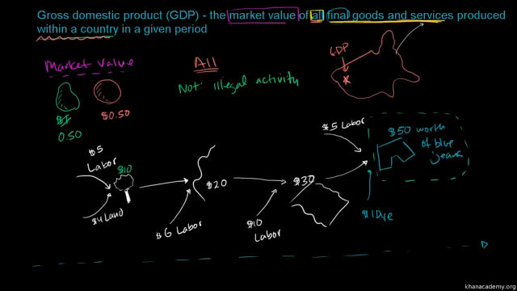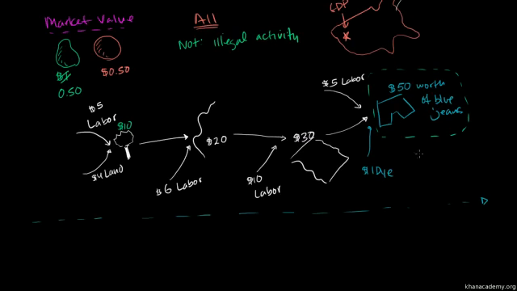In the last video, we touched a bit on the idea of final goods and services, and we talked about the situation in which, in the given period that we're calculating GDP, so this might be in a given year, we're essentially starting from scratch and we put in the labor, the land, we get the cotton. The market value of that raw cotton is $10, and then we're able to turn that into thread with a market value of $20, and we keep going and going all the way until we get the finished product of jeans, which has a market value of $50.